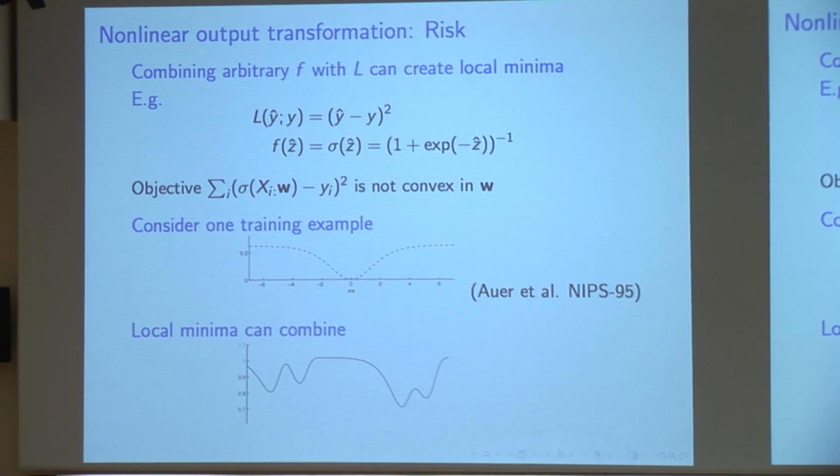So here's a little demo. Say I'm going to fix my prediction error to be least squares, but I want to predict probabilities. So least squares prediction of probability values. It already should sound like a bad idea, but anyway, we go ahead, and then we impose our happy sigmoid transfer that maps into the probability range. And then we get our training objective, and we have to minimize this function, the sum of the squared errors between our output predictions and the targets, with respect to our linear model parameters. And we immediately discover that we're hosed, right? We're cornered here because what we're going to get are definitely non-convex optimization problems.